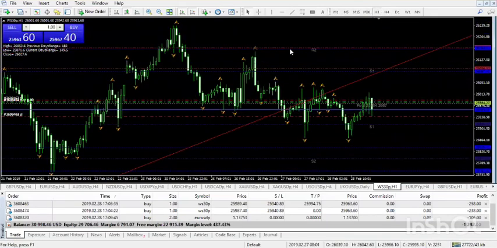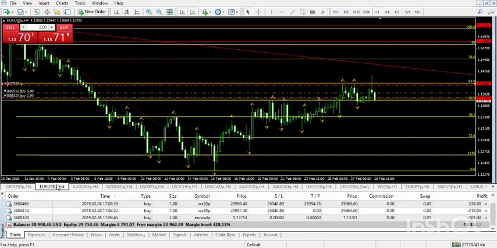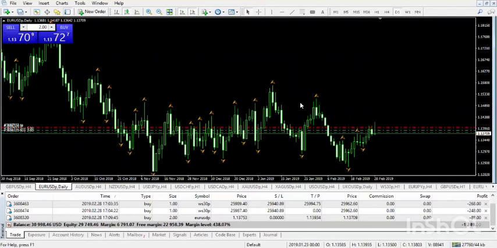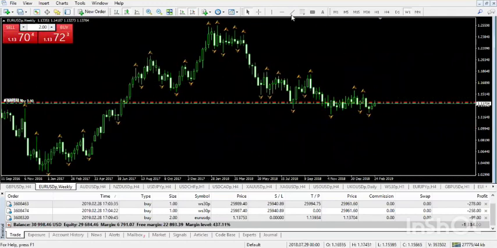Alright, so let's talk about the GAN technique. Last session we talked about the GAN technique, but we didn't talk about how you should trade based on them. So firstly, I will draw the GAN and